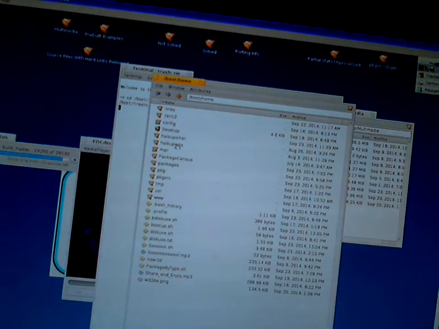So, first of all, to get Haikuporter and Haikuports, you have to check it out with Git. I may have already videoed that. There's a few web pages that talk about it, but let's just assume that you know how to get these things before. I know I did another video with it in there somewhere, so I'm just going to go ahead and get